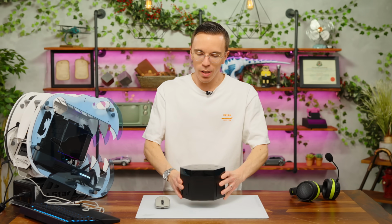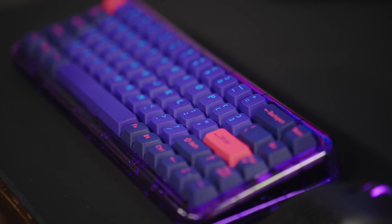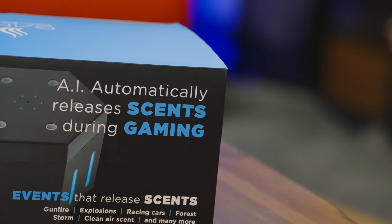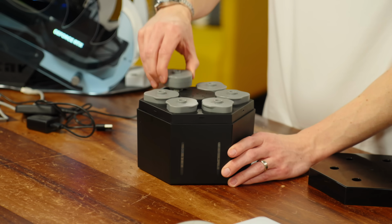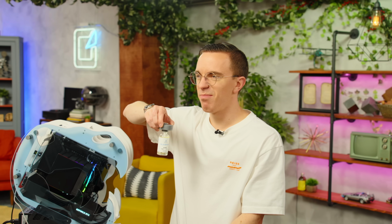Okay, so think about when you're gaming. What are you missing? You may have the clickety-clack keyboard. However, what you don't have is the smell of the game. And that's where the GameScent comes in. The way this works is that you plug it in. It is supposed to use artificial intelligence to determine what's going on in your game. It will determine what scent to use and give a little puff. So for example, this one is gunfire, which smells like...